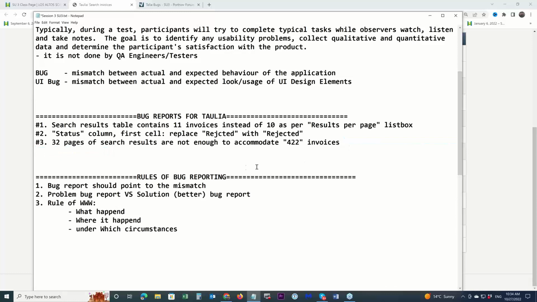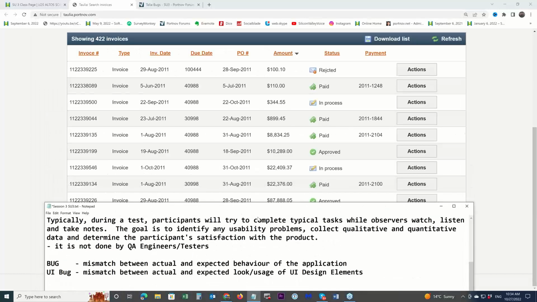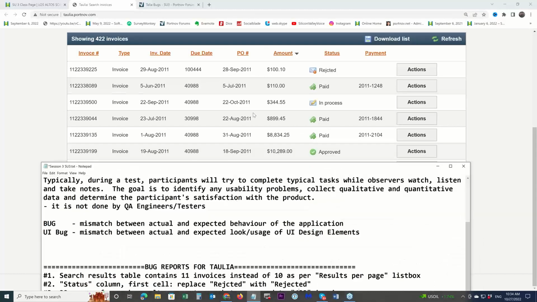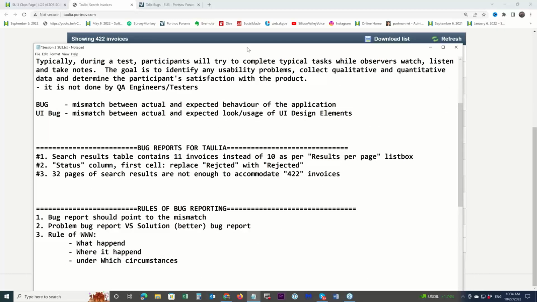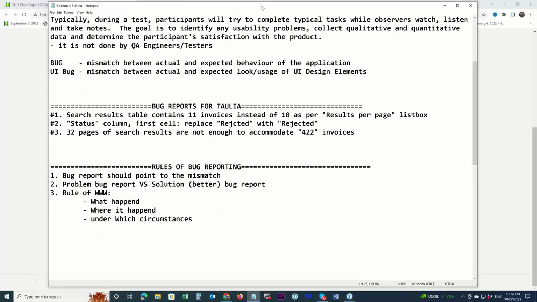Okay. And look what he did. He put 422 into double quotes, yeah, because it is somewhere in the interface. Yeah, here. 422. Okay, nice.